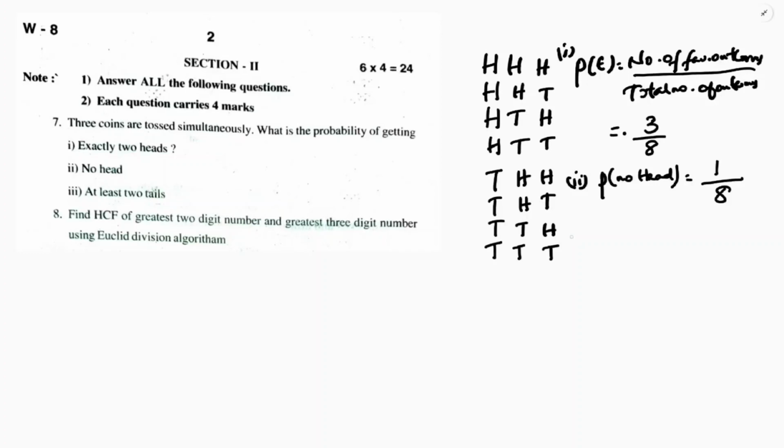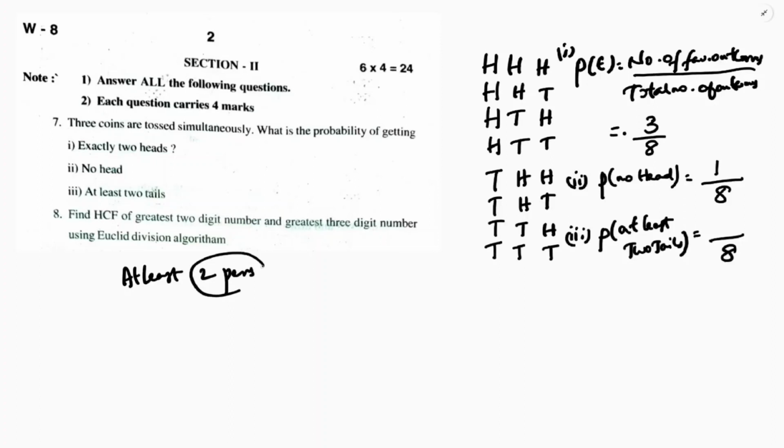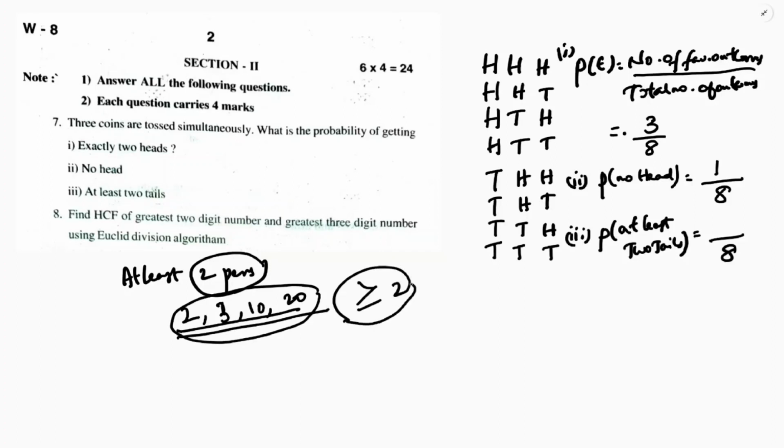Next one, probability of at least 2 tails. So total outcomes 8. So what is at least? Now see, for example, if I ask any children tomorrow, get at least 2 pens. At least 2 pens. The student can get like 2, 3, 10, 20. It means he can get 2 or more than 2. At least means greater than or equal to that value. So here he can get 2 or 3